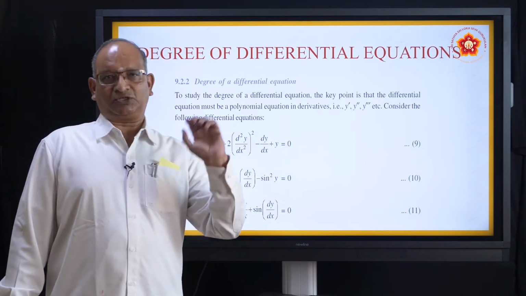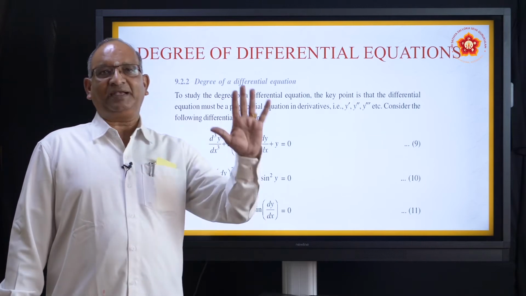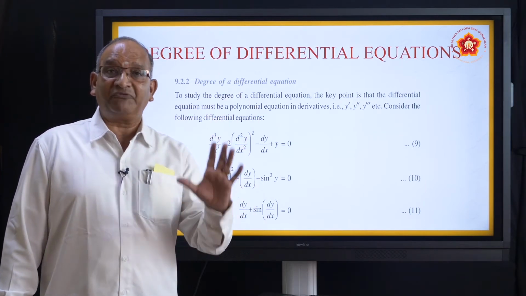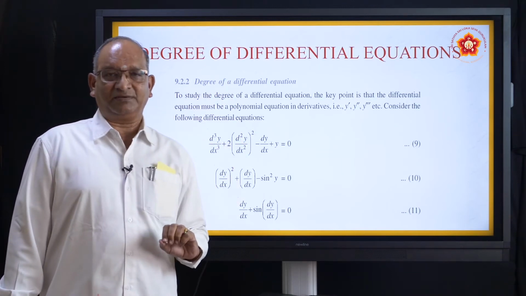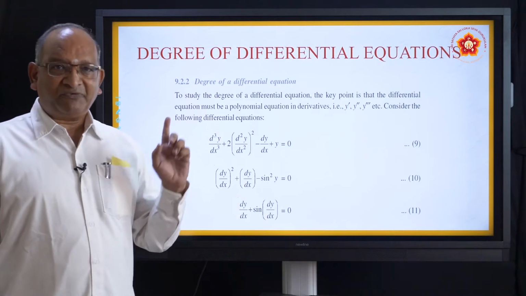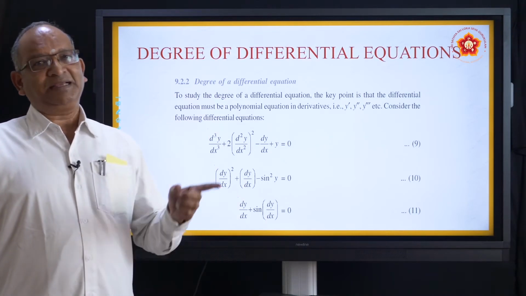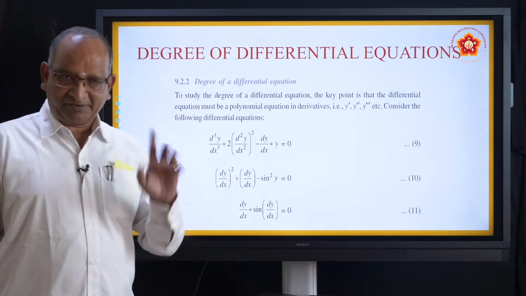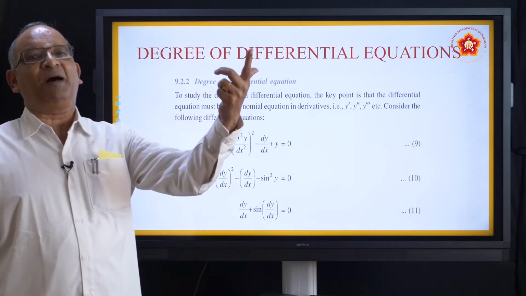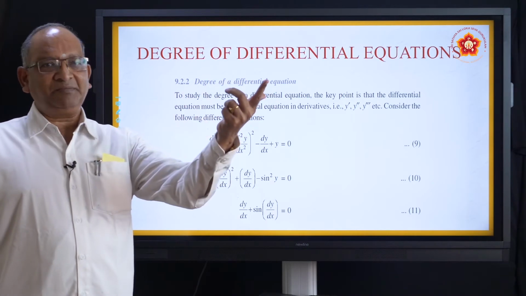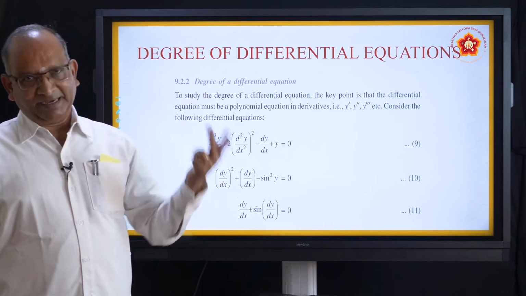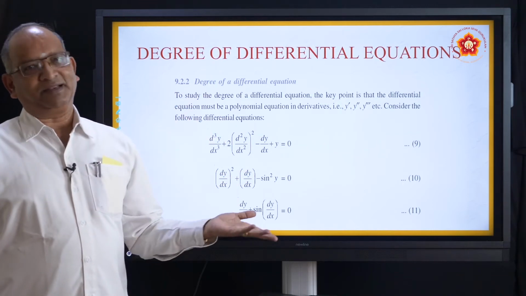Okay, if it is not so, let us assume that it is algebraic only. How do you define the degree of a differential equation? How do we define the order? We define the order of the equation by seeing the highest order derivative. So once again, look for the highest order derivative and see what its power is. If its power is nothing, meaning 1, in that case the degree is 1. Suppose there is a square, second degree; if 3 is there, third degree. Very simple.